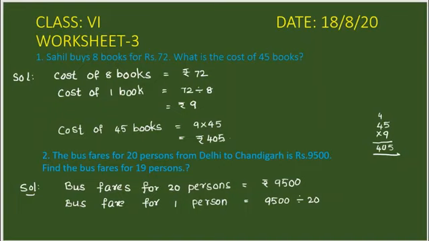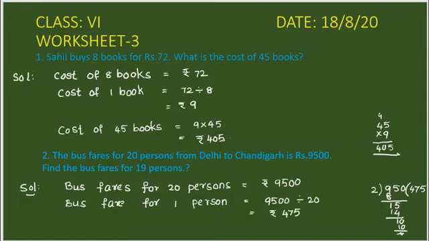So when you work this out in rough, you get 9,500 and the 0s get cancelled. 950, you divide by 2. So 2 4s are 8, 9 15, 2 7s are 14, 15, 10, and 2 5s are 10. So we have got here 475. What is this 475? It is the bus fare for one person.